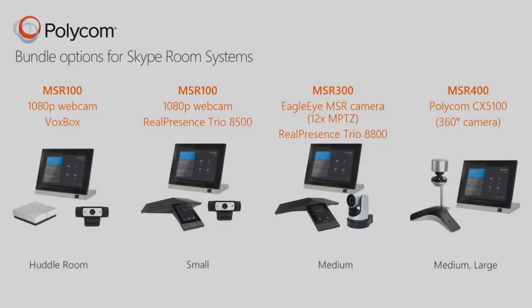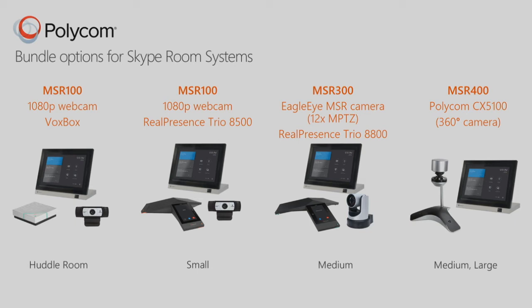And this shows their suite of devices. So the newest, announced just about a week ago, is this MSR 100 for the smallest of rooms. And that includes their new VoxBox speakerphone that was announced about a week ago, and an HDMI, a 1080p webcam. And that scales up through the devices that I'm sure you're familiar with, the Trio devices, both the 8500 and 8800,